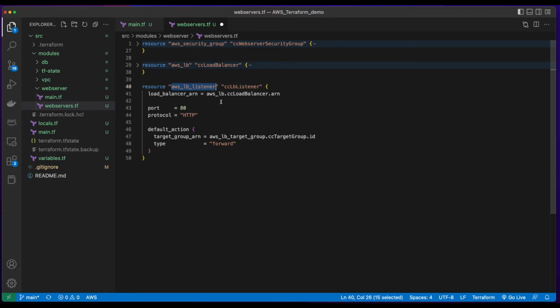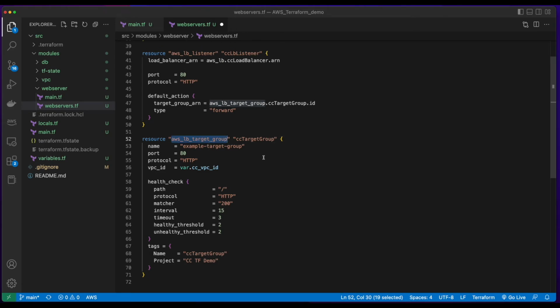The AWS Load Balancer Listener will have a Load Balancer ARN property which references the AWS LB's Load Balancer's ARN. The default action will have a target group name referencing the AWS Load Balancer target group's target group ID, and the type will be forward. Here I'll define the Load Balancer target group, set the port, protocol, and the VPC ID will be passed in